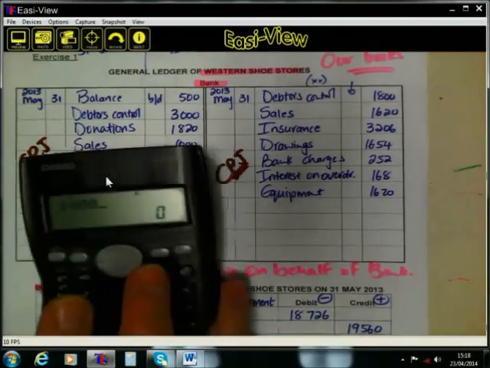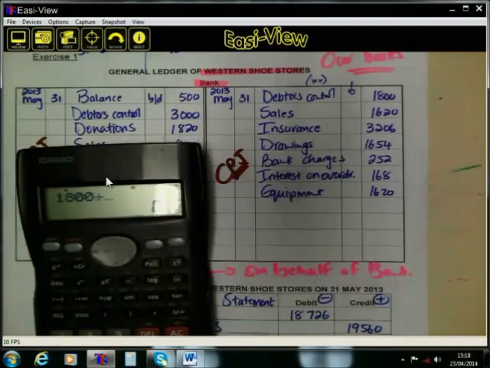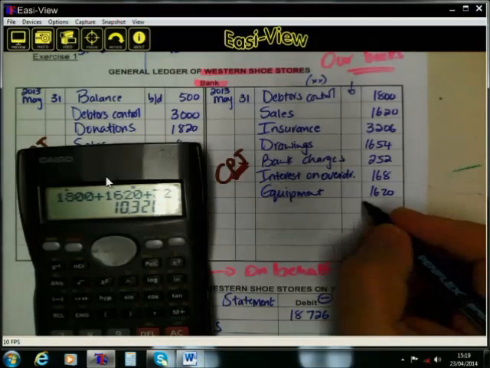1,800. It seems that the credit side is bigger, plus 1,620. 3,206, 1,654, 252, 168, 1,620, 103. 103.20,